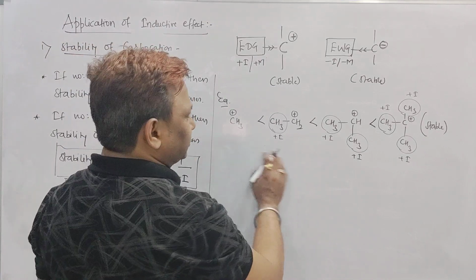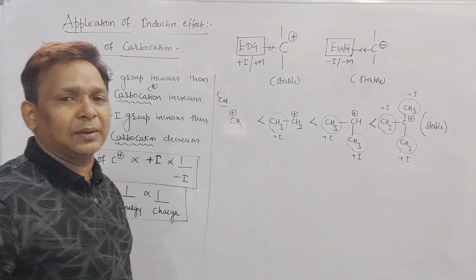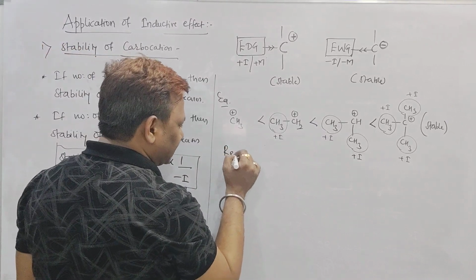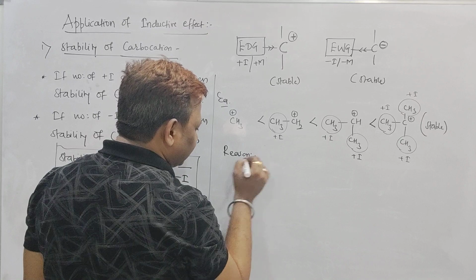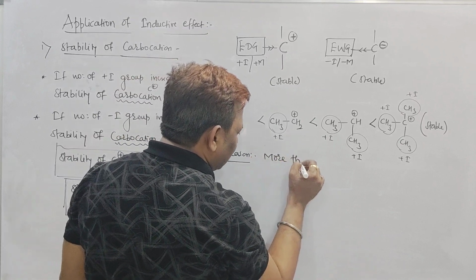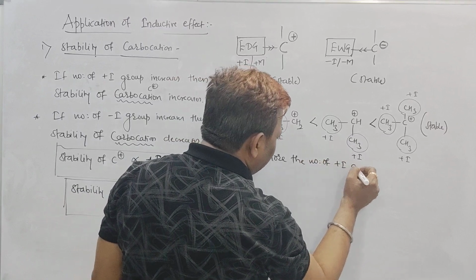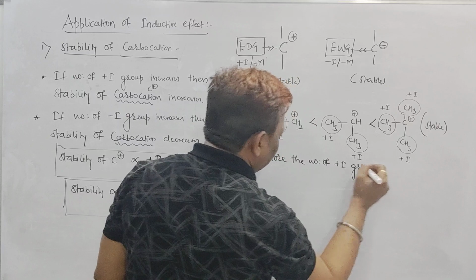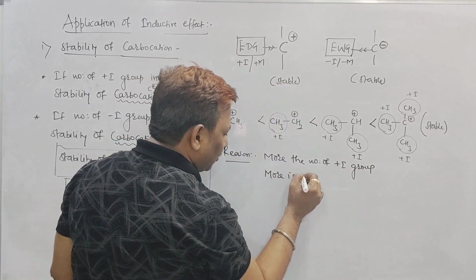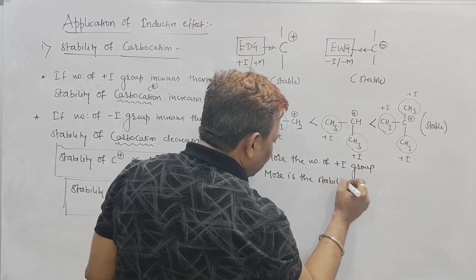So what is the reason we should write, beta, here? More the number of plus I, more the stability of carbocation. Is it clear? I will write here. What is the reason for this one, sir? Reason for this one we can say: more the number of plus I group, more is the stability of